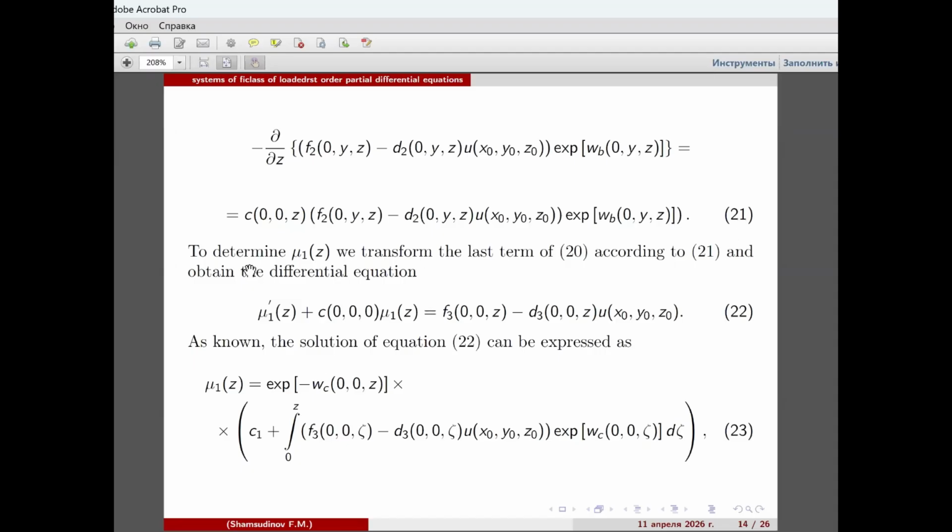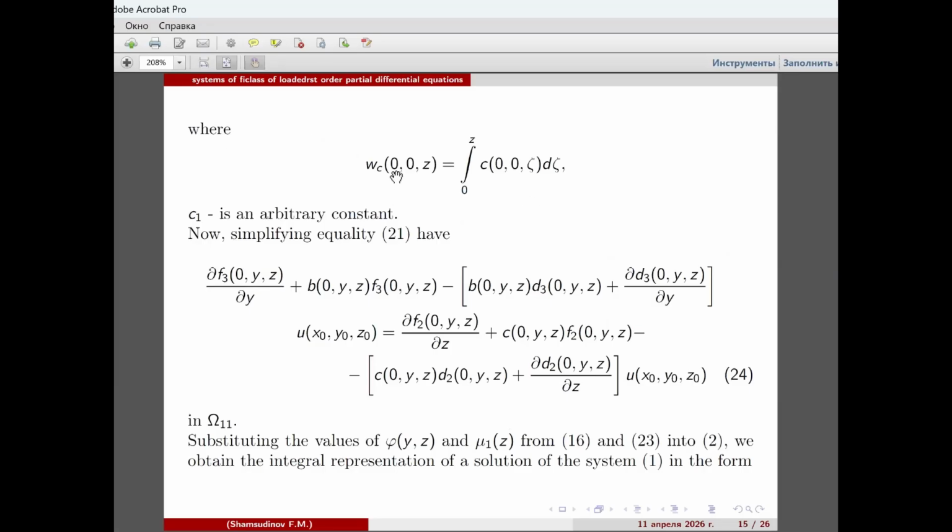To determine mu_1(z), we transform the last term of 20 according to 21 and obtain the differential equation 22. Now, the solution of equation 22 can be expressed as 23,